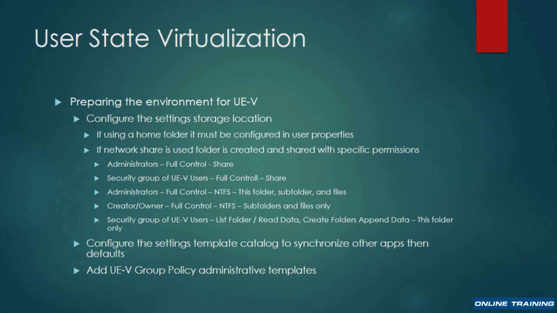If you are going to use home folders, then clearly we have to go into Active Directory and set it up in the user properties. We have to create the folder and share it and make sure that that location exists. If you're using a network share, then the folder is created and shared with very specific permissions. And of course, there's documentation on this, but this is very important in order for the settings to be successfully